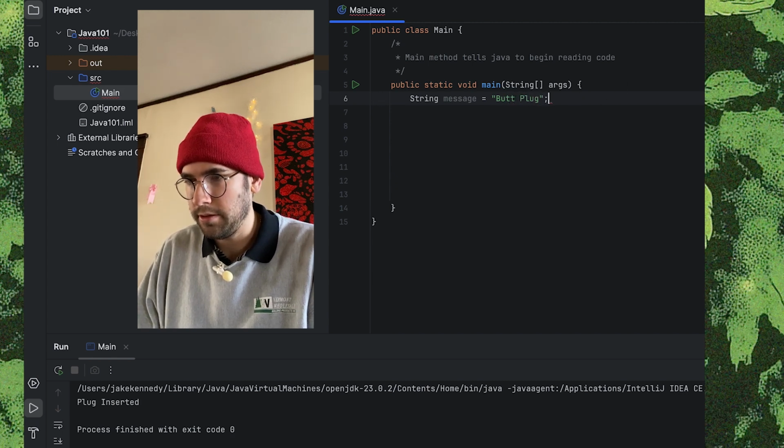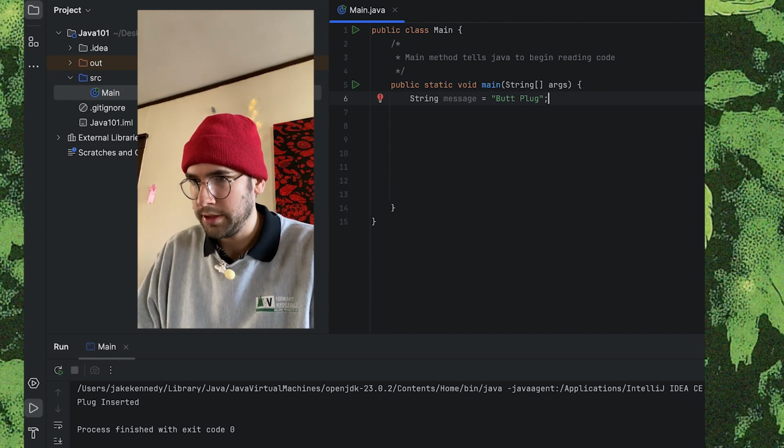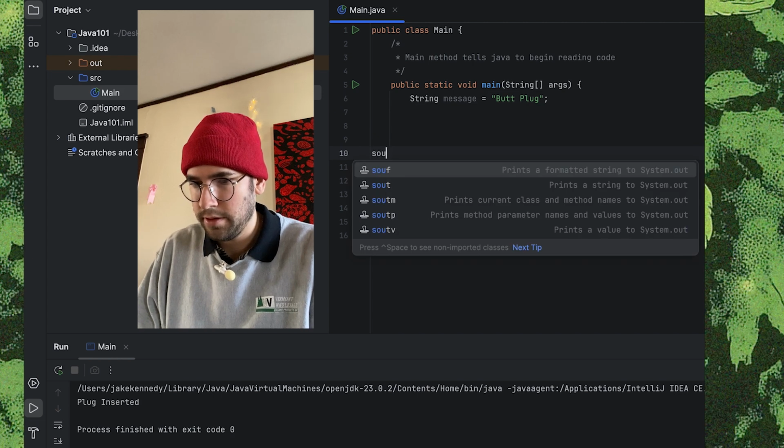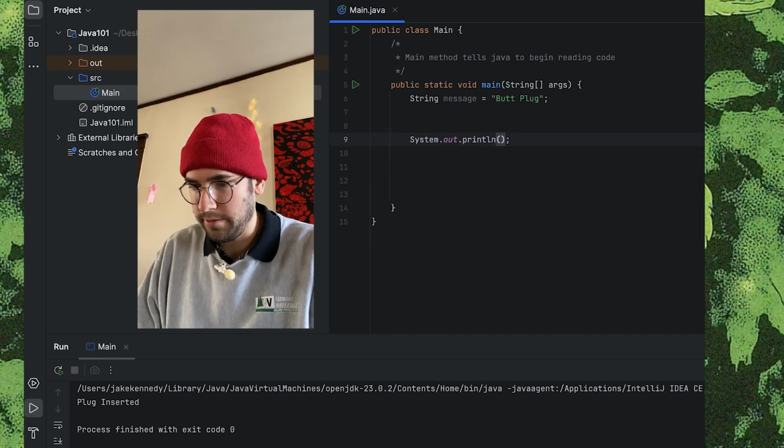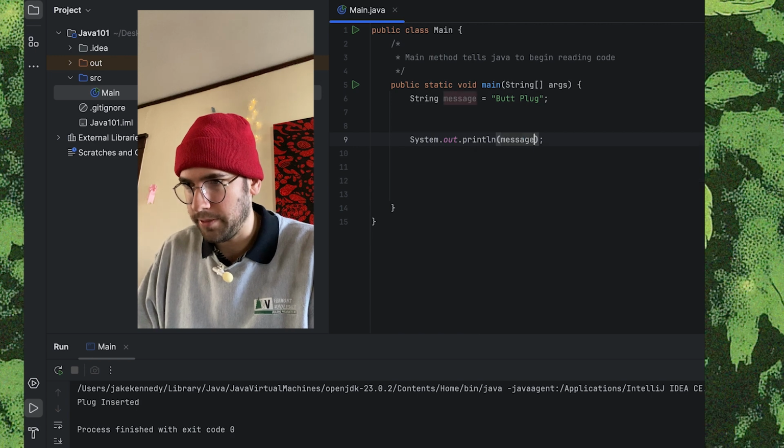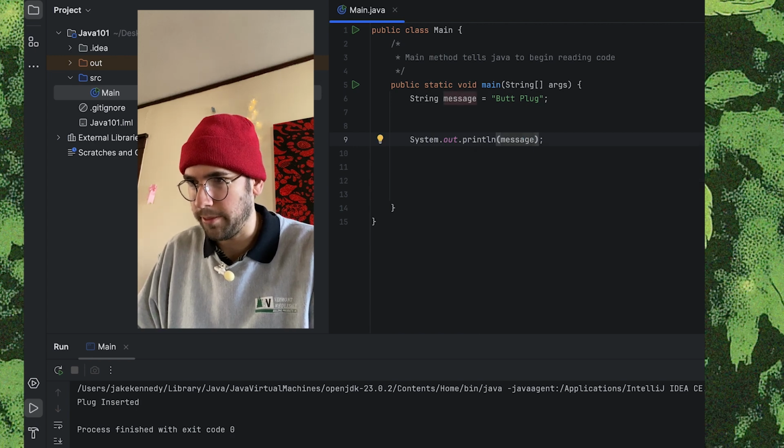And semicolon. Let's just go down and print it real quick. Message. Just make sure that we're not messing up already. All right, so we see butt plug down here.